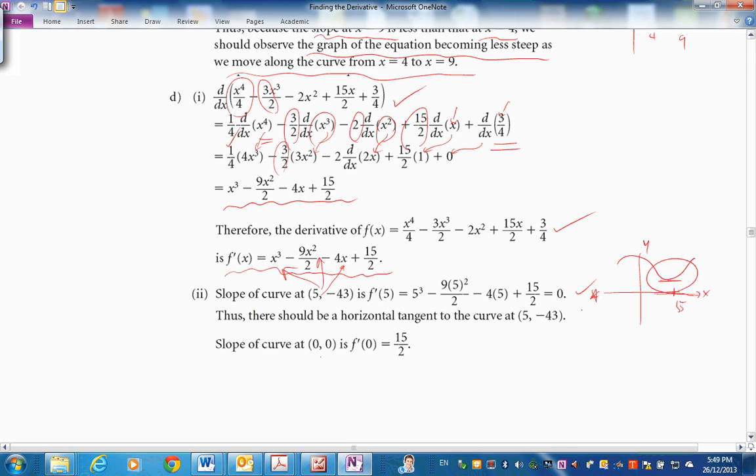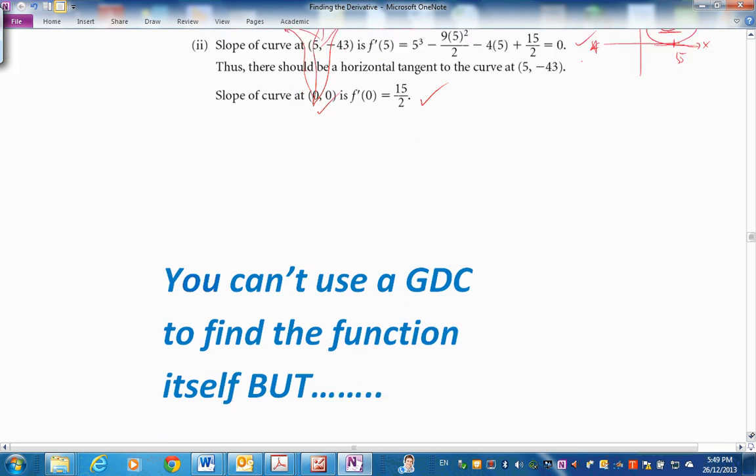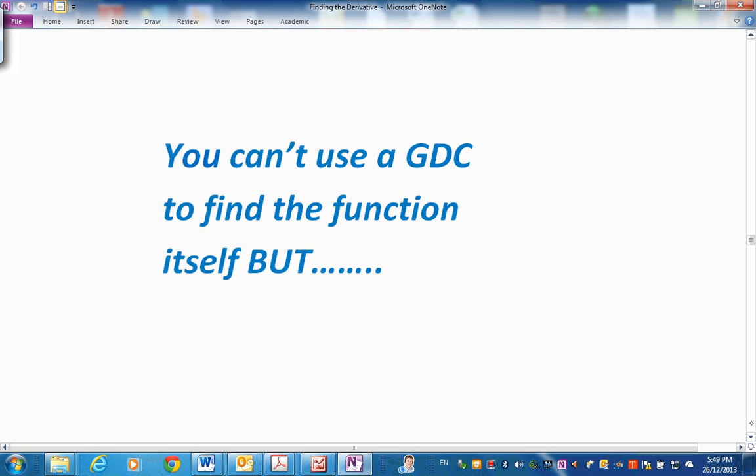Okay, slope of the curve at 0, 0, stick 0 in the x holes up here, and we get 5 over 2. So can you see this is starting to have connections to graphing and understanding why a function might have a curved shape. Alright, I hope you're getting the hang of this. Let's go down and see if we can do some. First of all though,